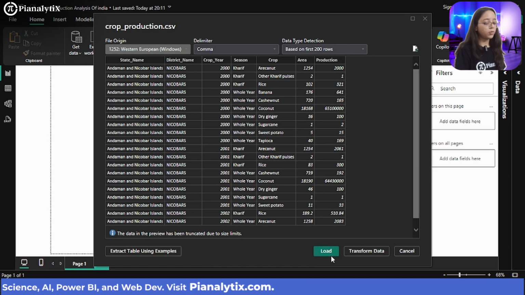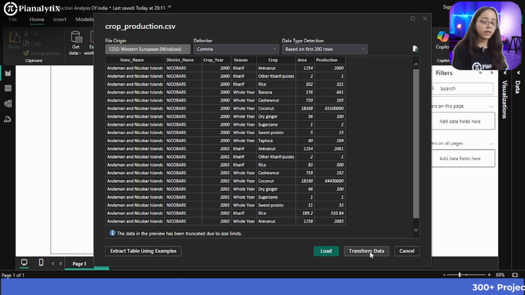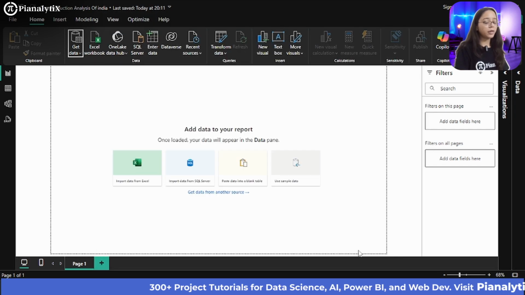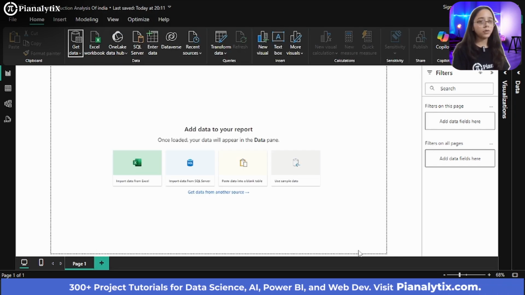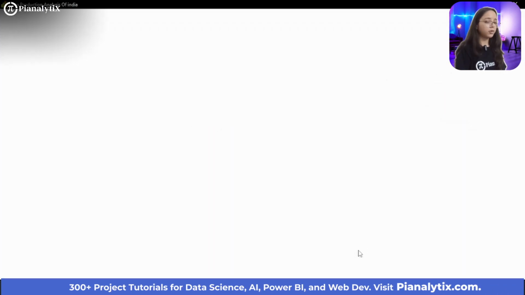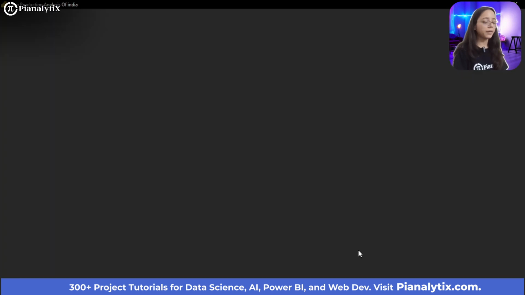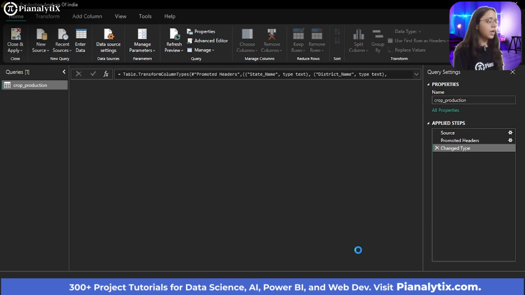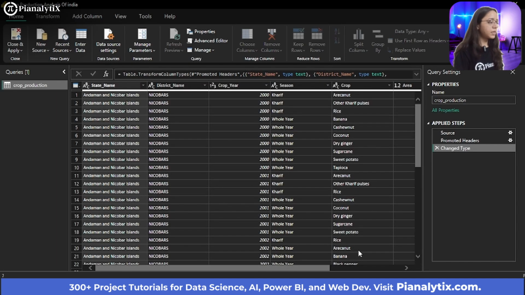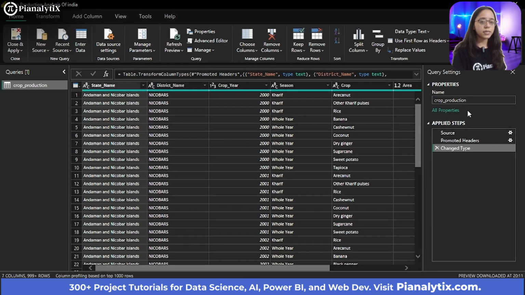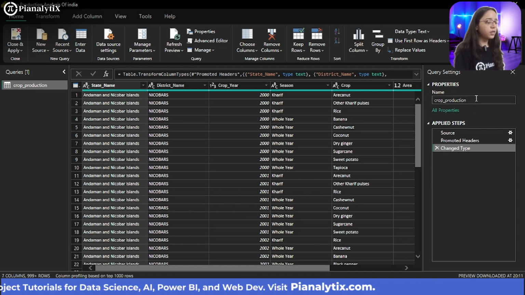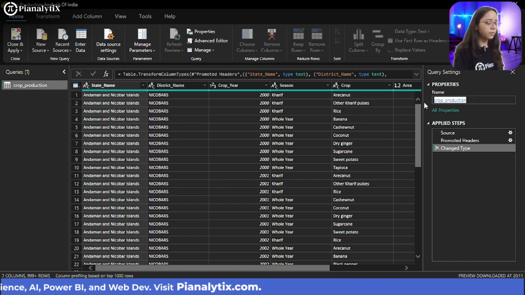Now I will click on Load, or you can click on Transform Data. First you can transform the data and then load it, or simply load it and then work on data cleaning options. But today I'm going to click on Transform Data because I want to wipe out any irregularities in my data. This will load my Power Query editor, and now I can work on whatever data irregularities I want to wipe away. So first of all, I'm going to change the name of the table,